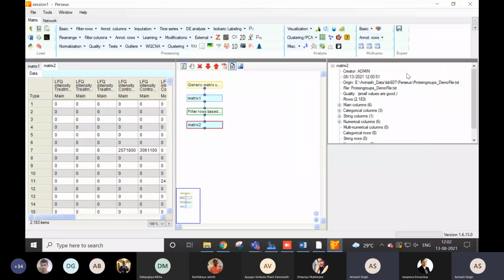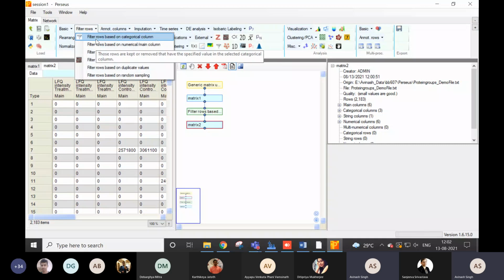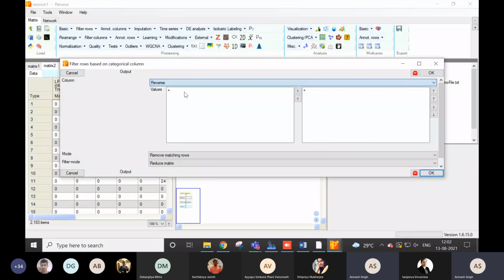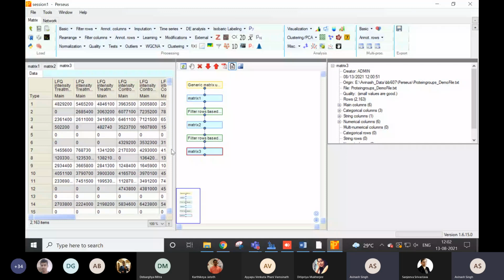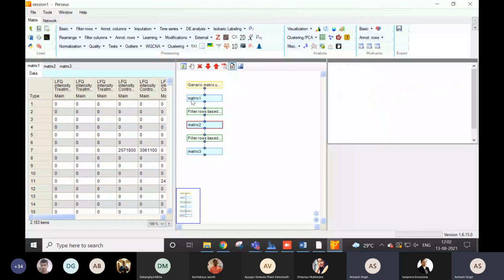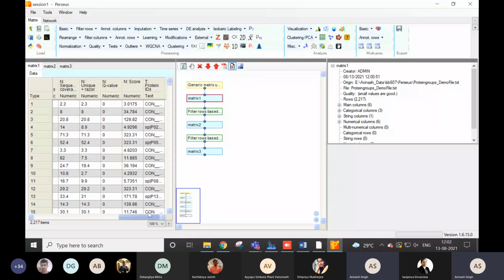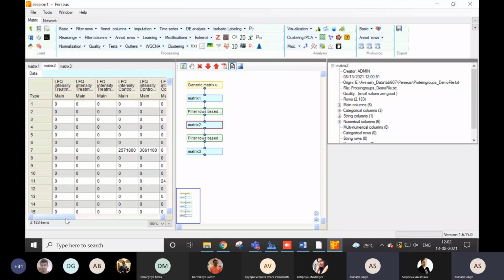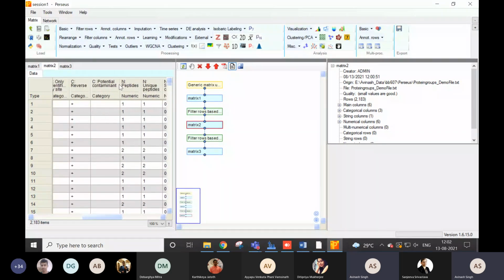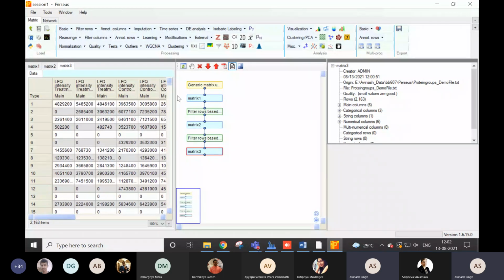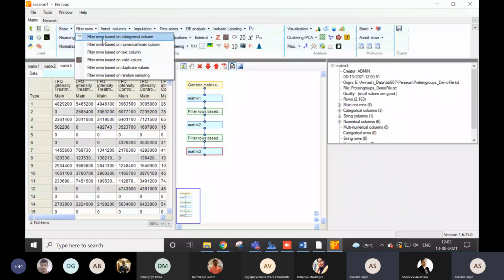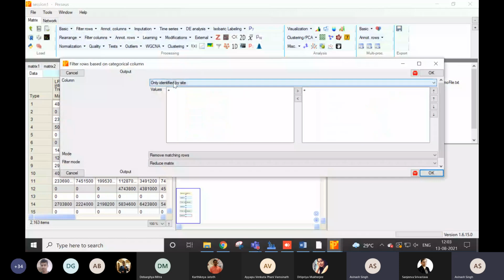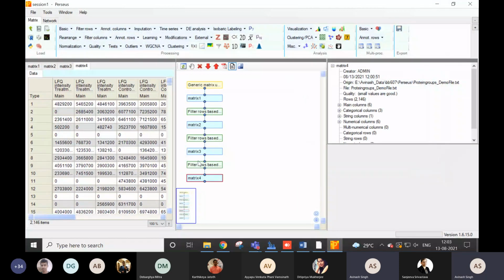Just starting with the potential contaminants. Then I will again go here, and I will select the reverse sequences. In the previous matrix, the contaminant sequences are there. There is one column, and you can see all the potential contaminants are here. In the next matrix, you can see all the contaminants are removed. There is no contaminant. Similarly, we are removing all the reverse and negative score. So here we remove the reverse sequences, and after that we will remove all the negative score by selecting this one. So now the filtering process is done.